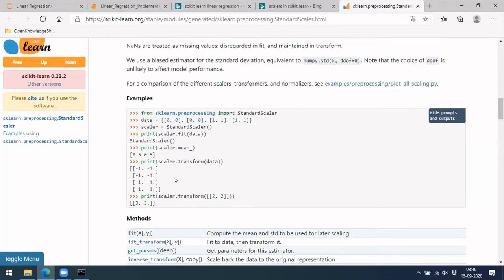But actually, we need scaling, if it is in 0 to 1 or minus 1 to 1, it is helpful for training it faster. But while predicting, it can be anything, it doesn't matter, right? So no problem with that. So now here we got it as 3 comma 3, when it is 2 comma 2 and you transform using this scalar.